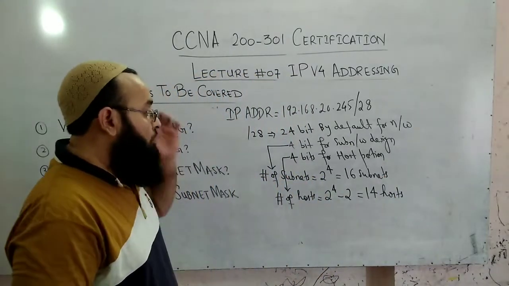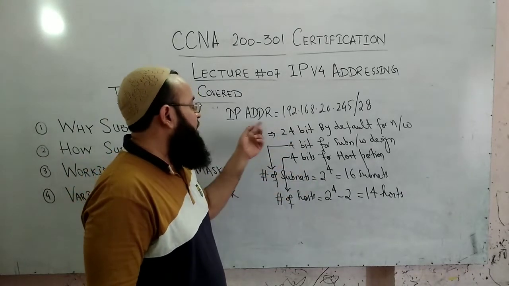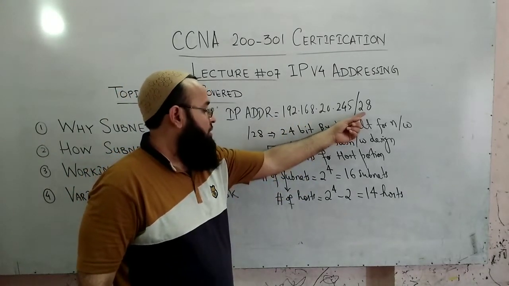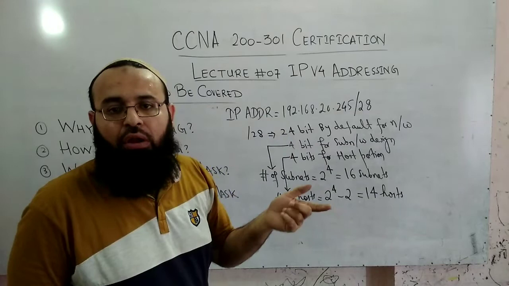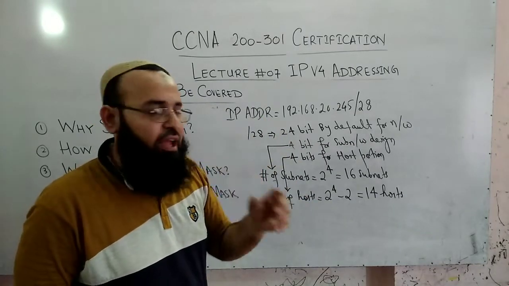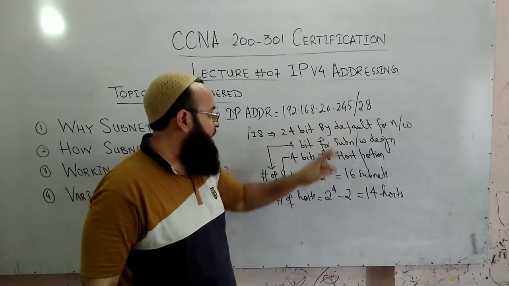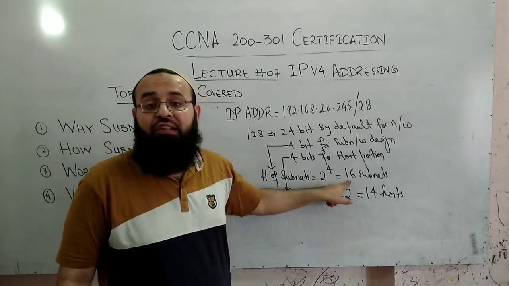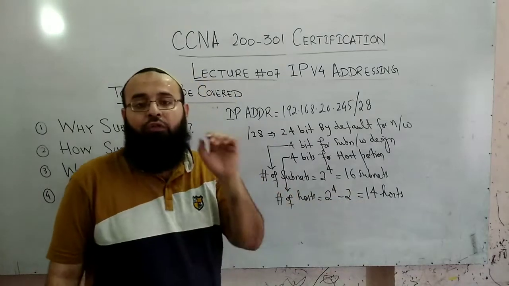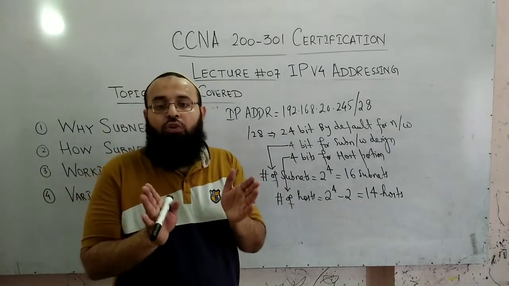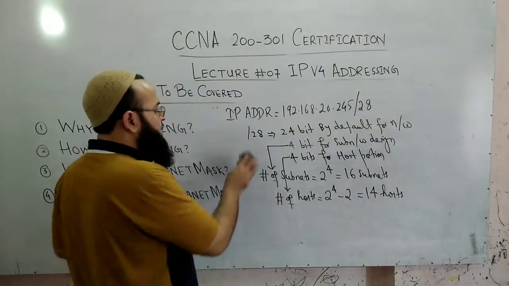Now what does this whole data tell us? Basically this data is telling us that by performing subnetting, that is using a CIDR value of /28 instead of /24, that was the default subnet or CIDR value, you have taken up /28. With this /28 and this class C IP address, you have a total of 16 subnetworks, 16 chunks, and each chunk having 14 hosts. So this is the way to perform subnetting. Let us take up another example so that this whole thing is more clear to you.